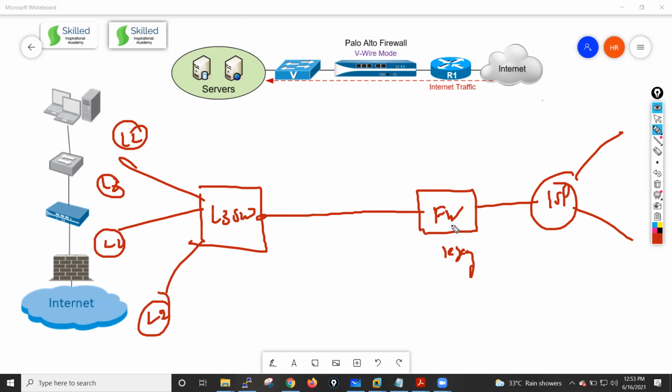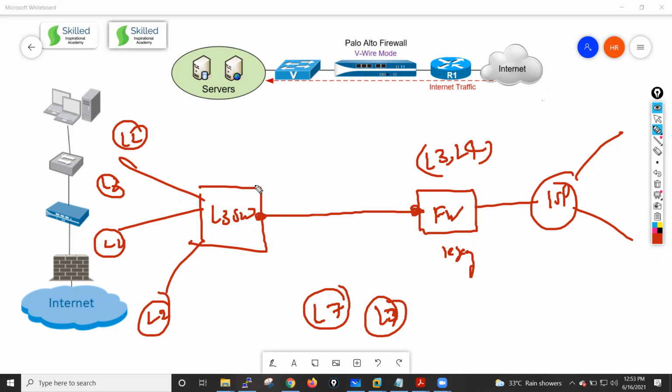Okay. Now, this is a legacy firewall, right? So it can only inspect the traffic on the basis of layer 3 and layer 4 information. Which means it can inspect the traffic on the basis of IP addresses and port numbers, right? But now there is one requirement. You want all the layer 7 functionalities, like antivirus protection, anti-spyware protection, vulnerability protection, data protection, file protection. All these layer 7 functionalities you need, right? If you need this kind of setup, what is the requirement here?